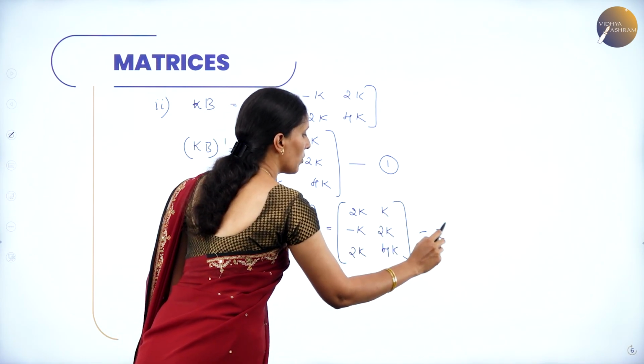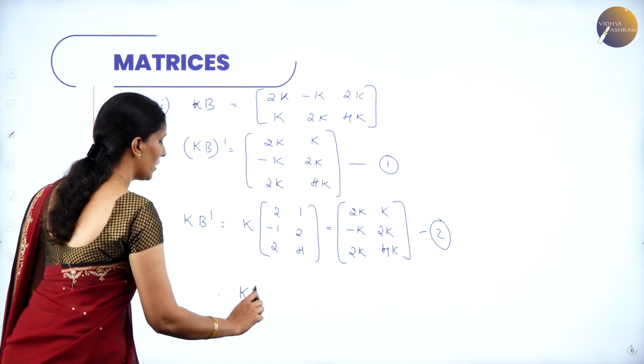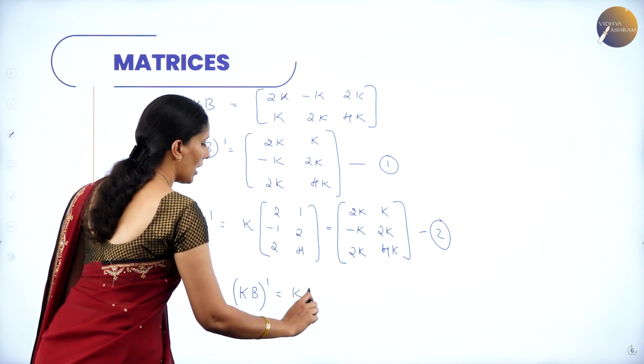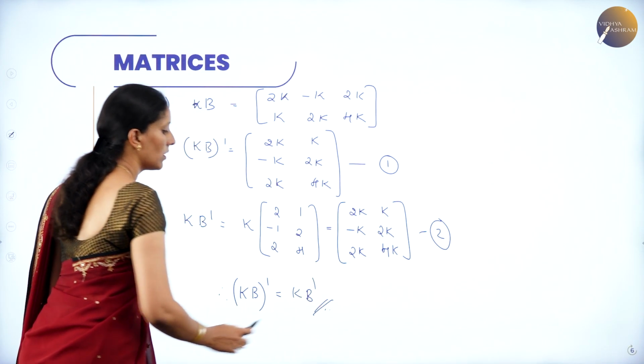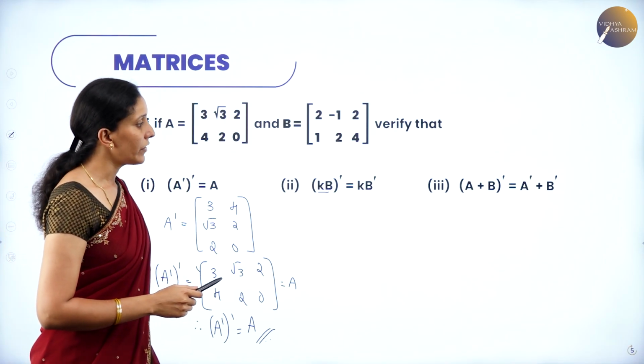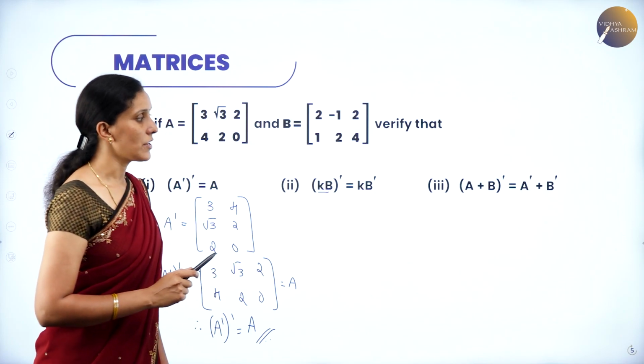So take this as equation 2. Observe 1 and 2. So what can we conclude? The transpose of KB is nothing but K into B transpose. So hence we have proved the result. Now next we have to show that A plus B whole transpose is equal to A transpose plus